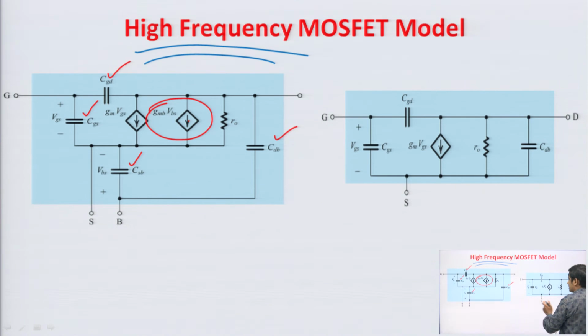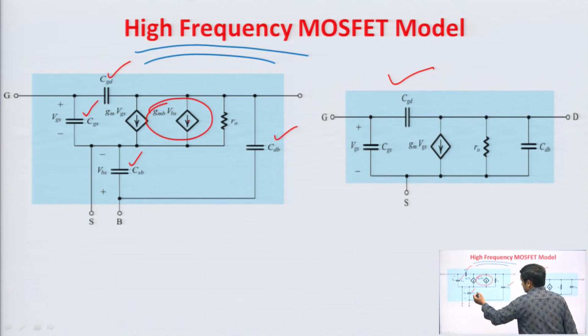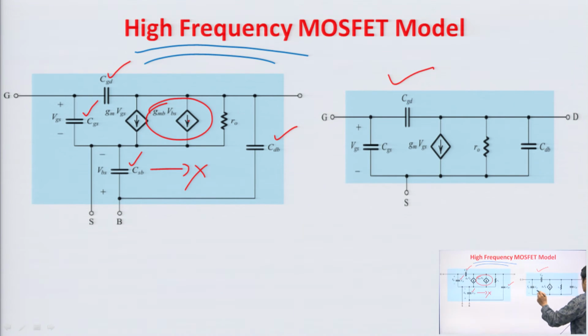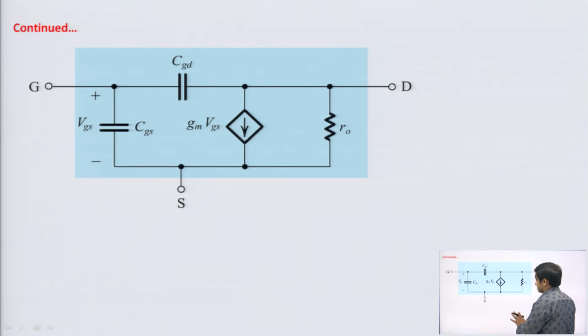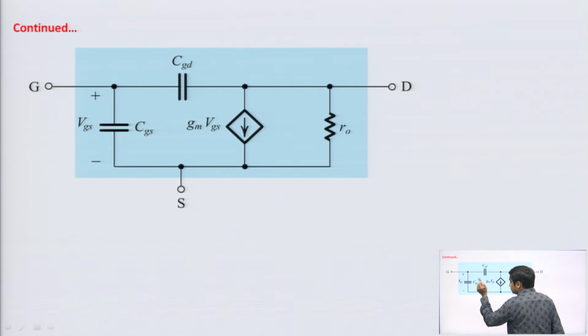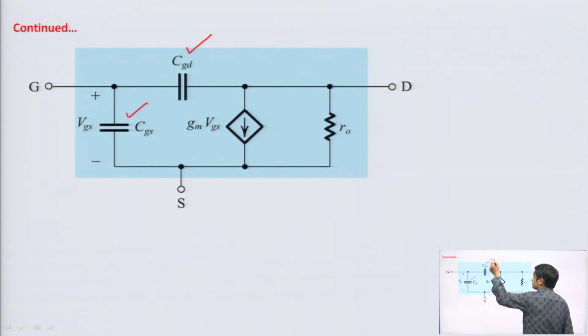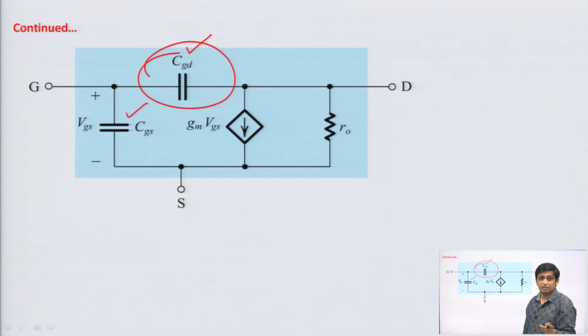So, we come to the second circuit. In this circuit, now we have assumed that the source is shorted to the body, that is why this CSB is removed here. Also, for further simplification of the calculation, we neglect this drain to body capacitance, and after these simplifications, the final model is this. In the final model we are considering only two internal capacitances, one is gate to source, another one is gate to drain, and the value of this gate to drain is very less in saturation region. It is 0 although, but practically it is very less.